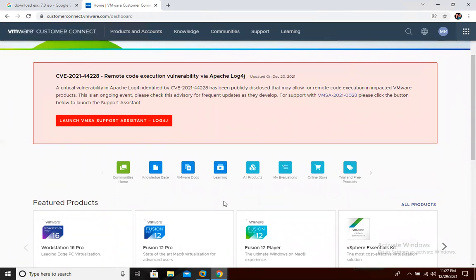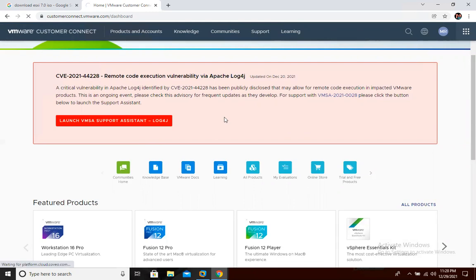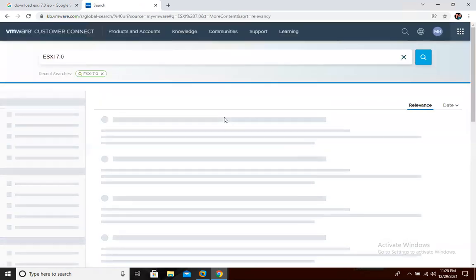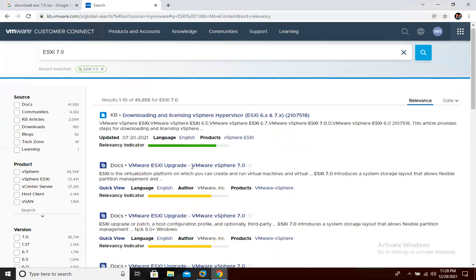Fine. Let's download VMware ESXi 7.0. You must download the ISO image.